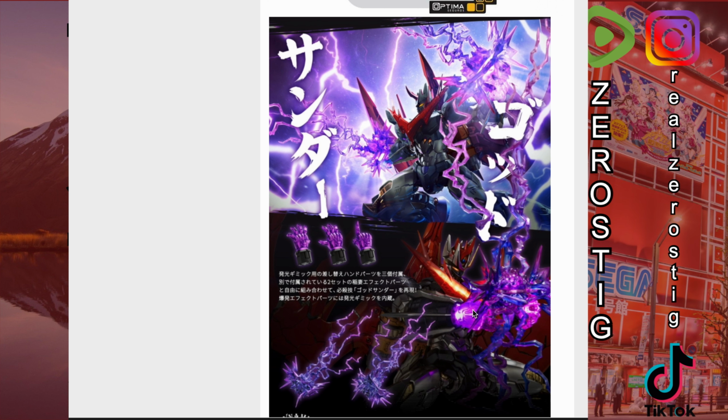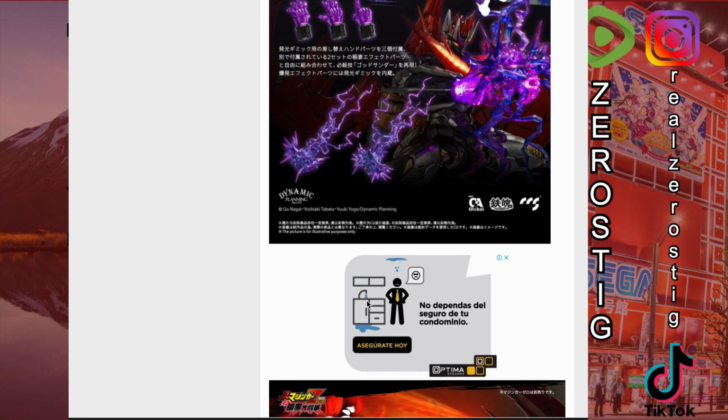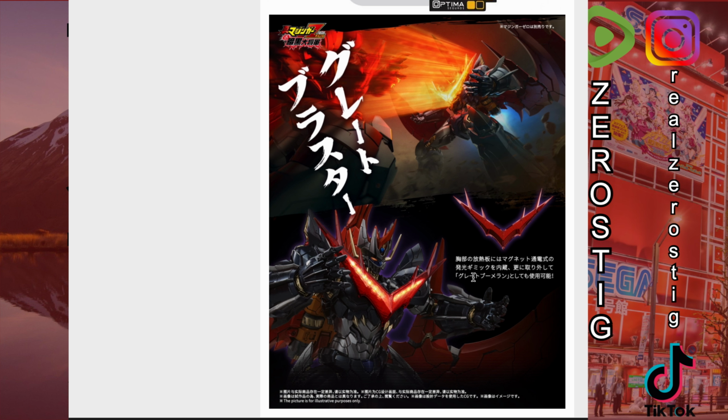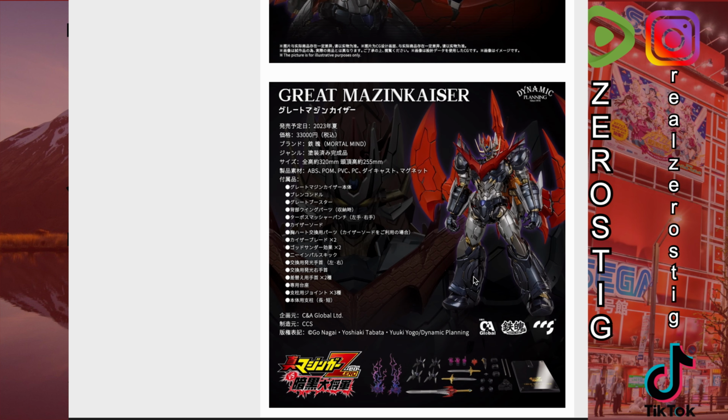This thing is just gonna look so badass. And check that chest burn out. Check this out. This looks beautiful. This looks beautiful just there. That looks so amazing. And here are the details, around $220 US, maybe 240, 250,